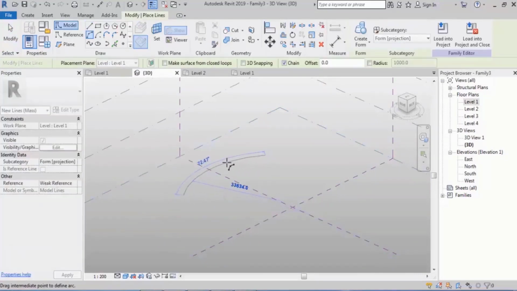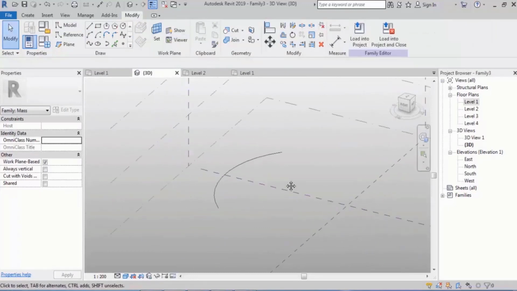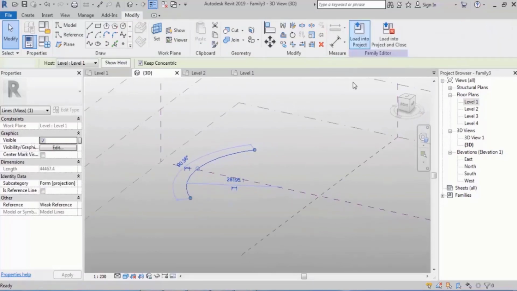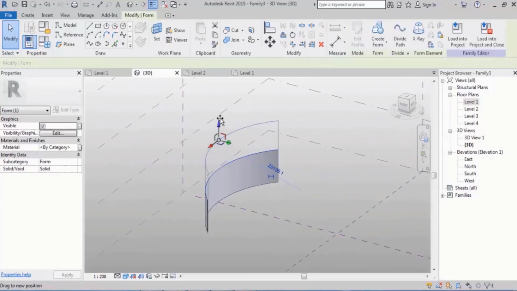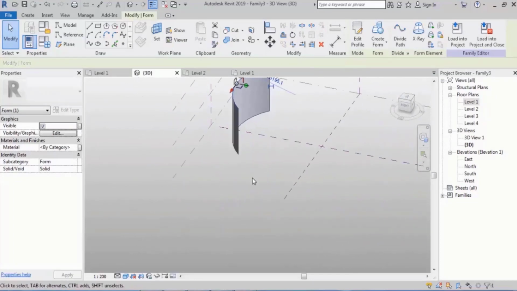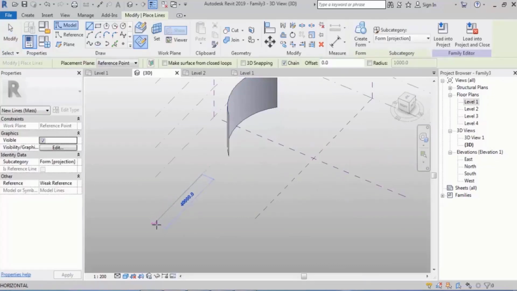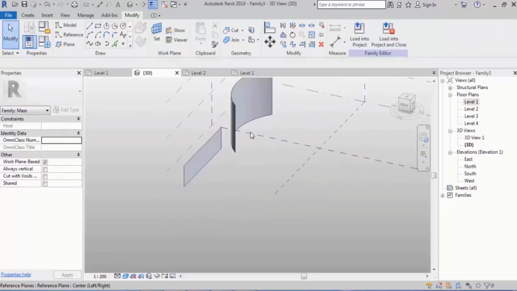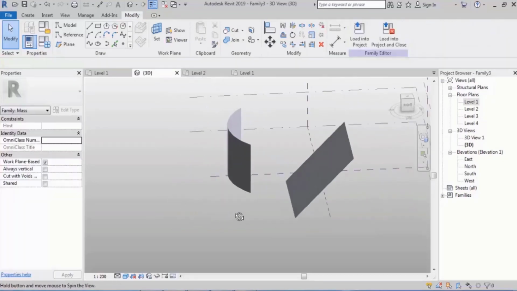Now, open lines can also be extruded in mass. It's one of the differences with model in place. In that one we had to draw closed shapes, but now, as you see, we can have a form like this. We can, of course, select the top side and then move it up like this. For example, using this technique, we can draw a slanted wall. For example, I draw a line here, create form, it comes up. I select on the edge, drag it, and then